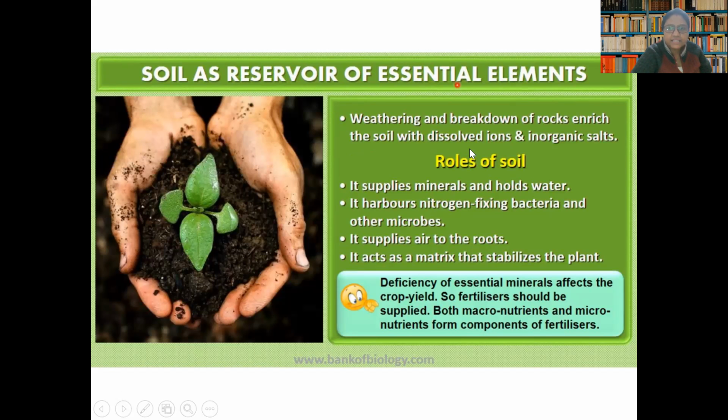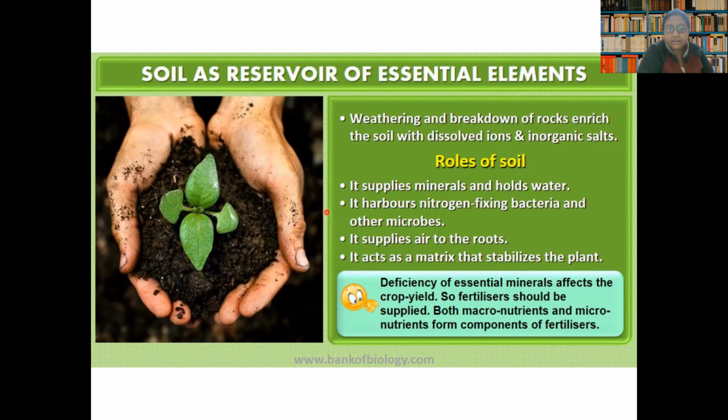So soil is having a very important role in case of plants' life. In hydroponics, while it was required to replace soil with liquid, or in aeroponics when there was requirement of replacing soil with air, it was a challenge, because soil is responsible for not only supplying water to plant, it is supplying desirable minerals.